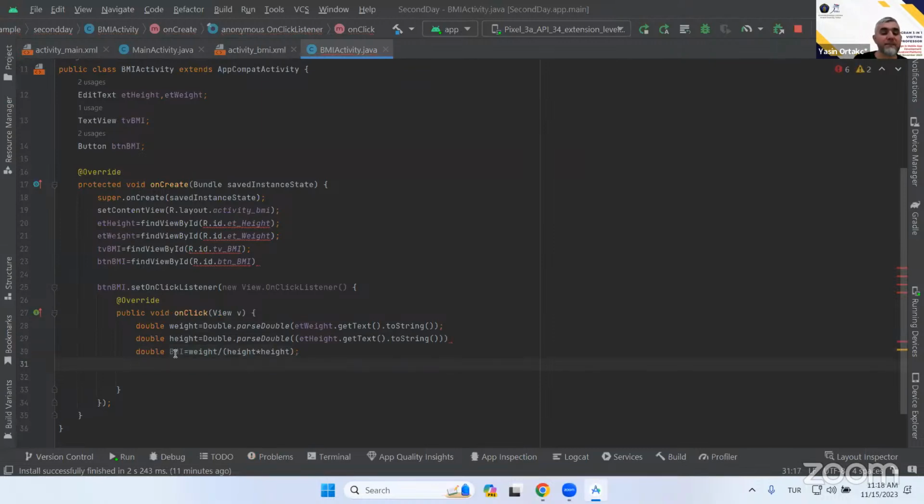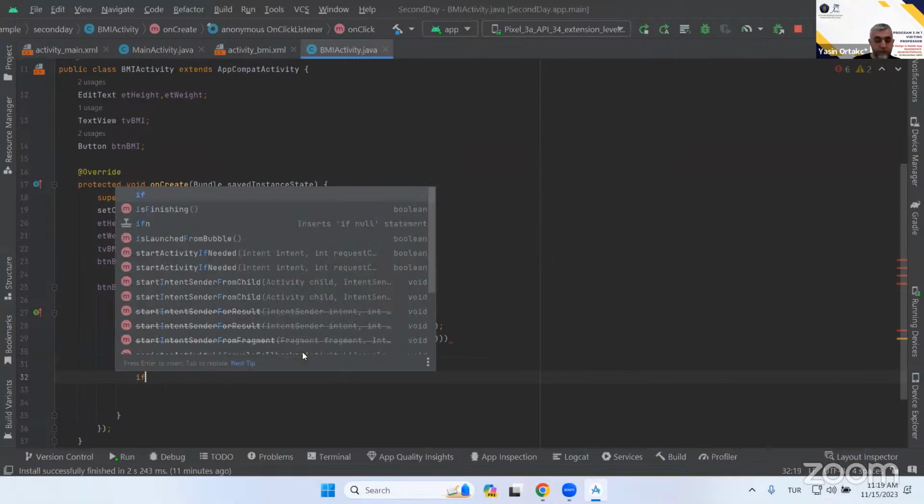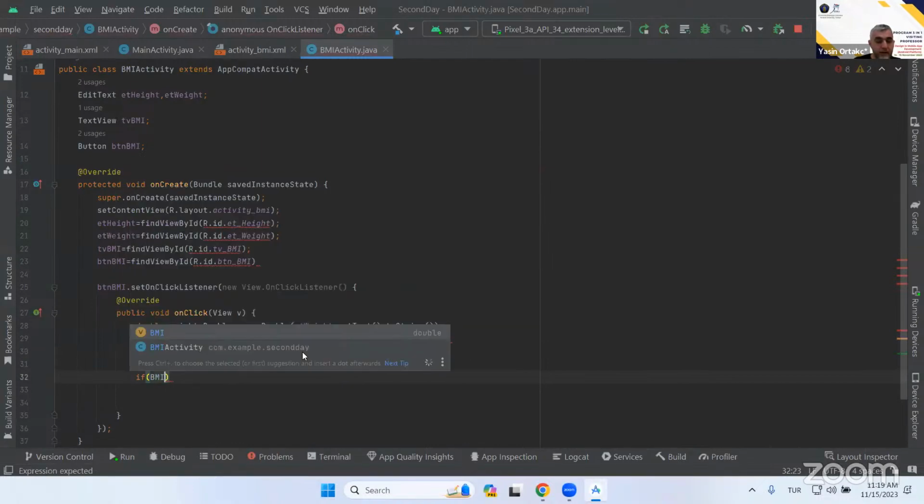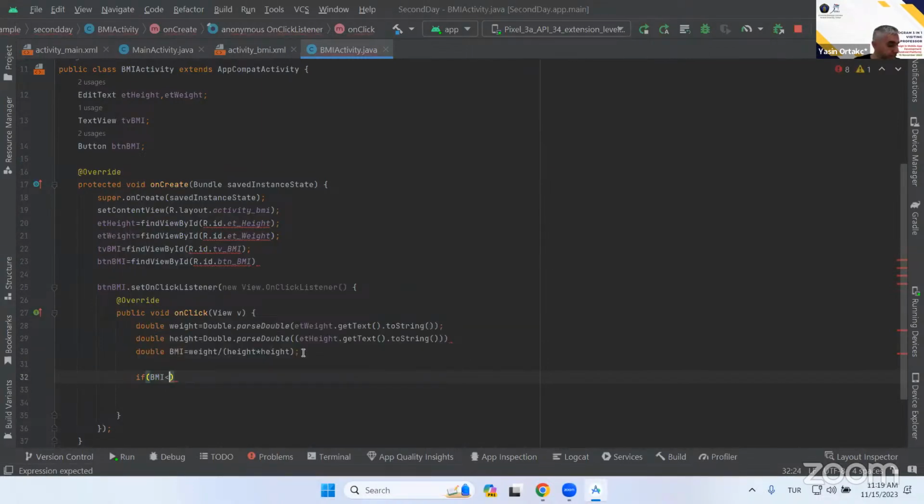If your body mass index value is less than 18.5, then you are underweight. So if BMI is less than 18.5,